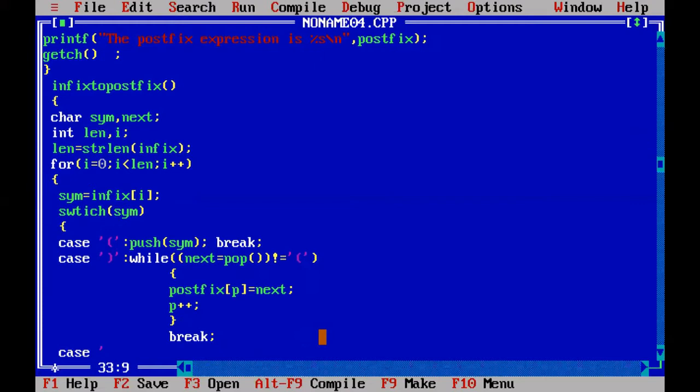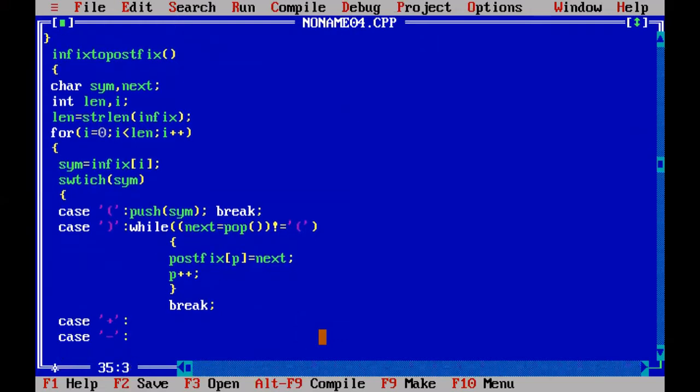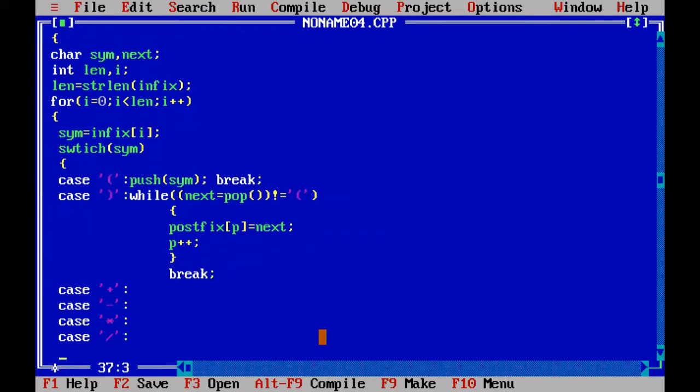Next, the third case. The third case is dealing with operators. If it is a plus, if the case is minus, we need to compare the priorities, right? So I'm writing all cases, star, and then if it is the division operator. If it is an operator, what do we have to do? We have to check whether the stack is empty. If the stack is not empty,